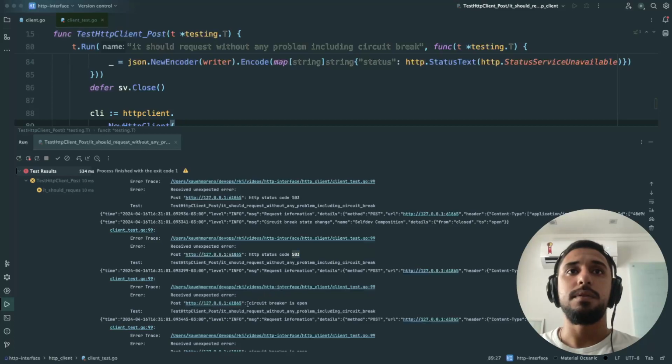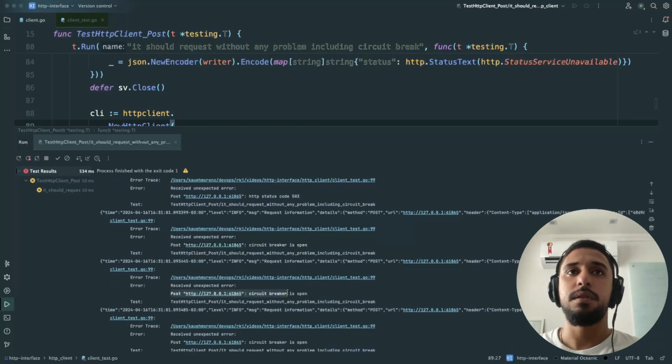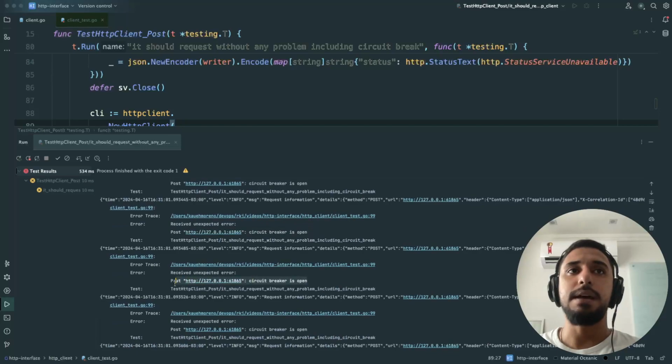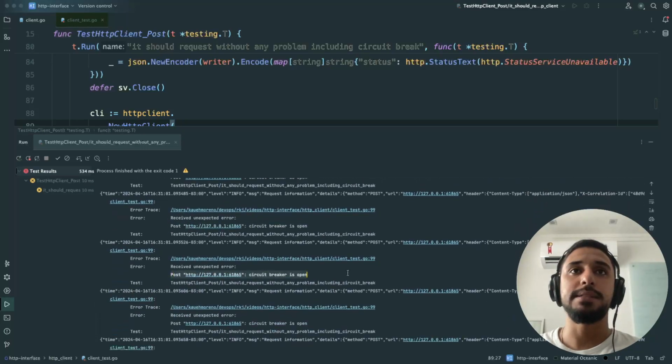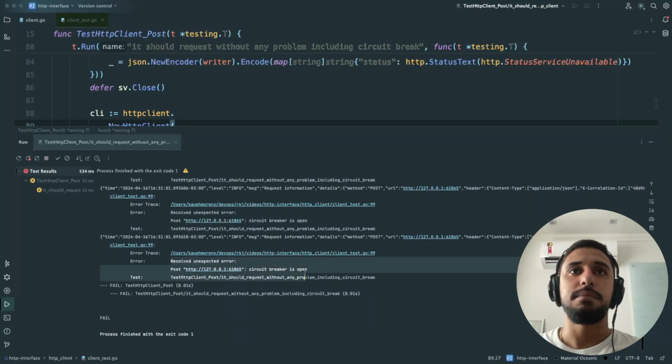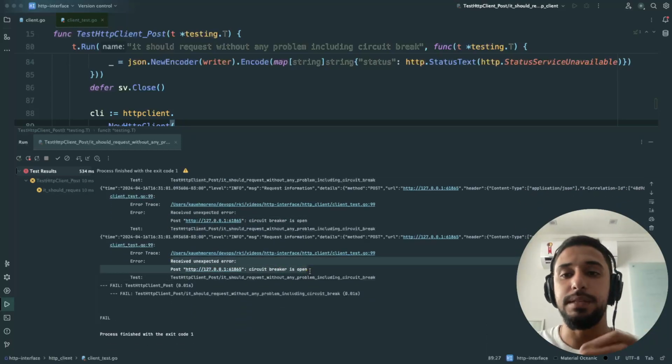But now I have the circuit breaker open. So what's actually happening right now is I'm not requesting the service anymore. And from that moment on, I'm just hitting that wall, blocking the request until this check of the service that is running in another routine